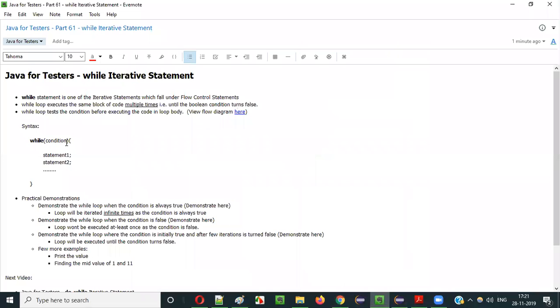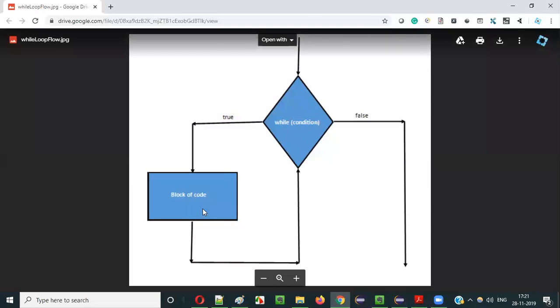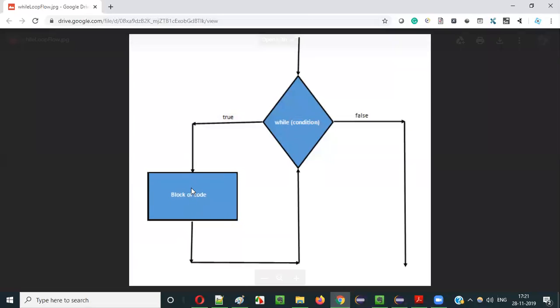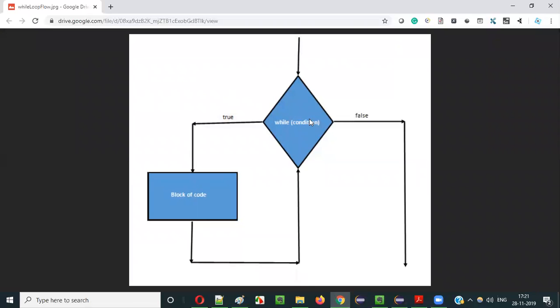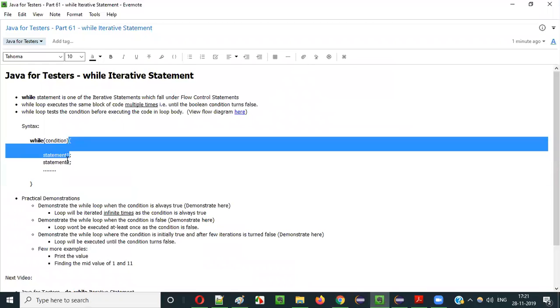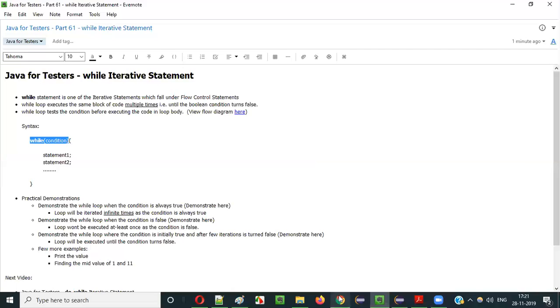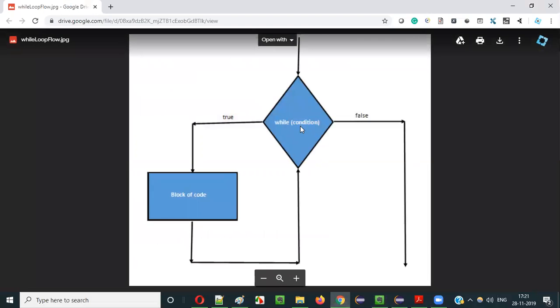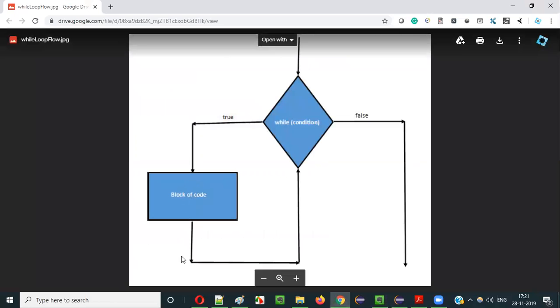In this case, this is the code, guys. The code inside the while loop means this one will be executed. And once the block of code has been executed, the control will go back to the same while condition. So once this block of code is executed once, it will not continue. Instead, it will go back to the while condition itself. Again it will check whether the condition is resulting in true or false. Again, if it is true, the same block of code will be executed for the second time,